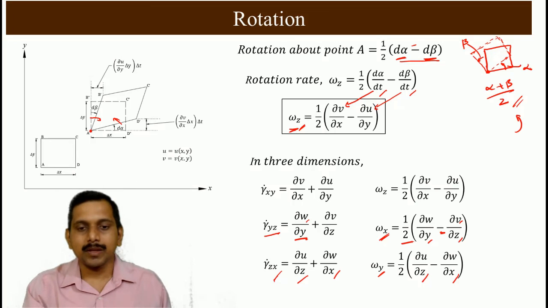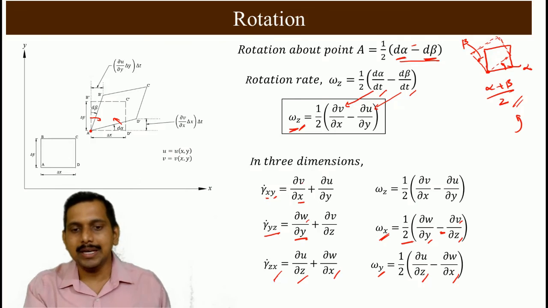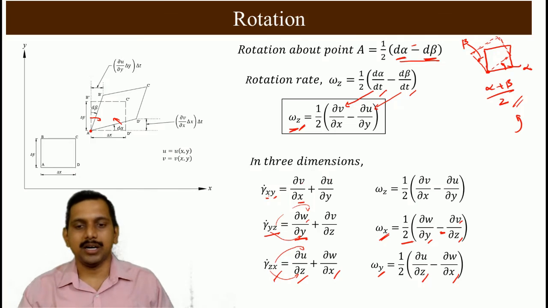If you observe here, how we can remember this is like this. See, x is there, x goes down here. Okay, velocity, y velocity goes up. And here x velocity goes here. The first one if you remember, the next one will be remembered easily. So here gamma dot yz, if we see, y goes down initially and z velocity goes up here. That way we can remember this. Z goes down here, x velocity goes here. Then the other way around, if we do, we can remember the term for the rotation.